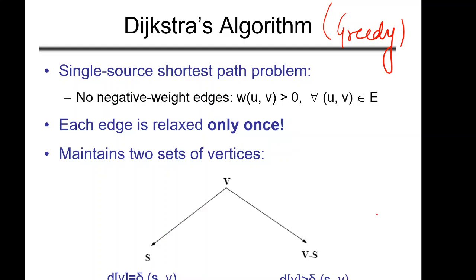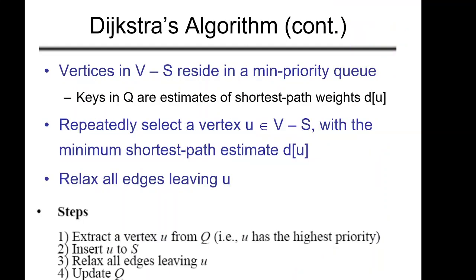And for doing that, if you remember Prim's algorithm for minimum spanning tree, it is very much similar with Prim's algorithm. In this case we will maintain two sets. V is the set of all vertices, so we will maintain two sets. One is S and the other set is V minus S. There are two disjoint sets, and for all the vertices which belong to set S, the algorithm has already found the shortest path weight. So let's see how we will proceed in this.